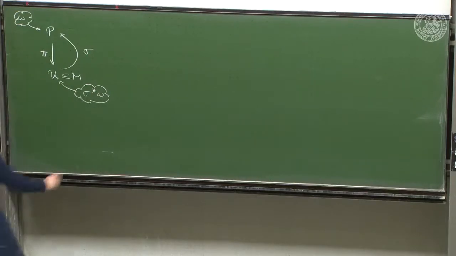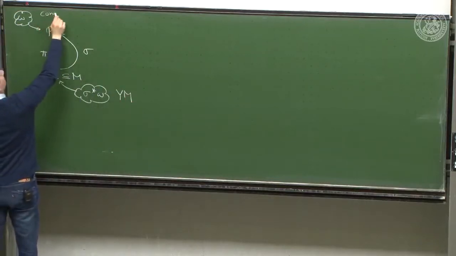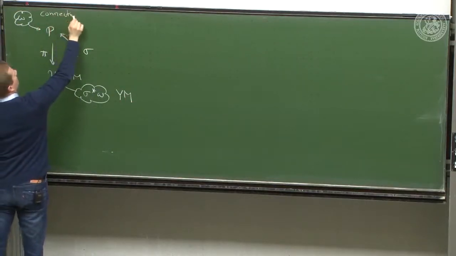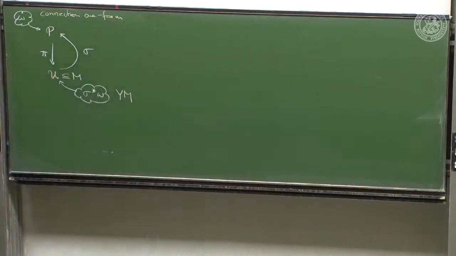And as I mentioned before, so this is the Yang-Mills field, and this is the connection 1 form. As I mentioned before, in physics, we very often are prompted to write down a Yang-Mills field because we understand the situation locally, and we can then speculate about whether we can construct a global connection 1 form out of